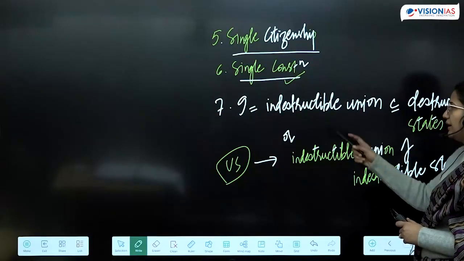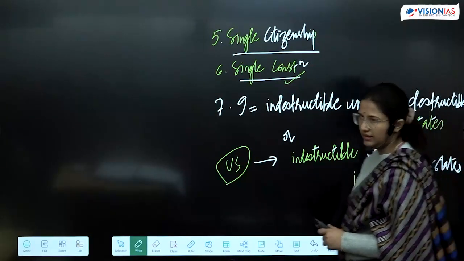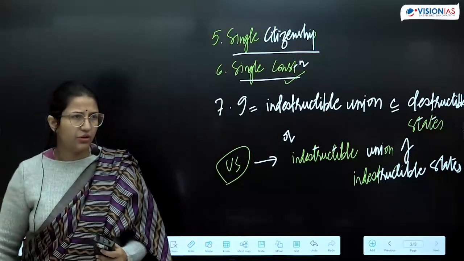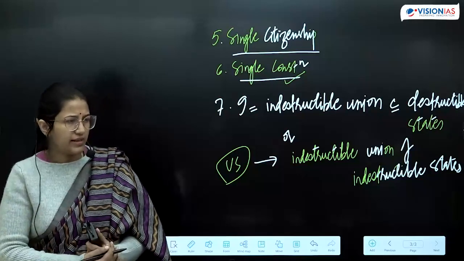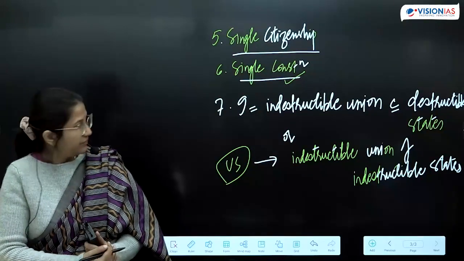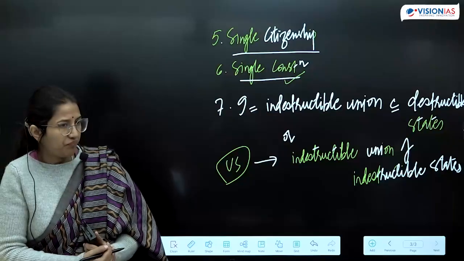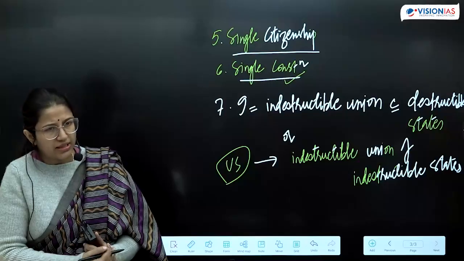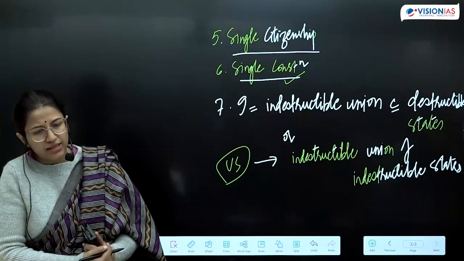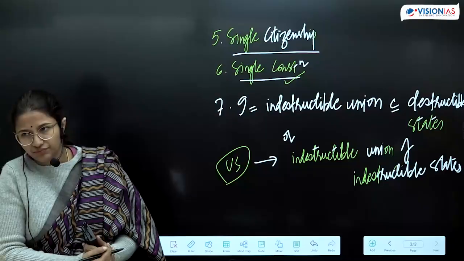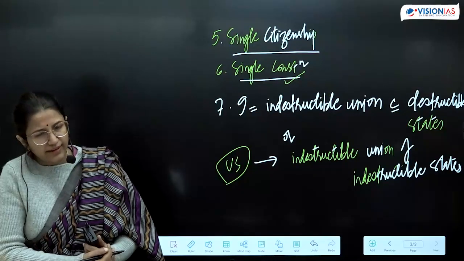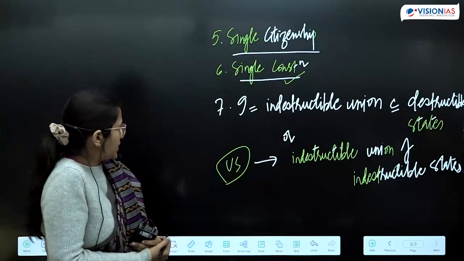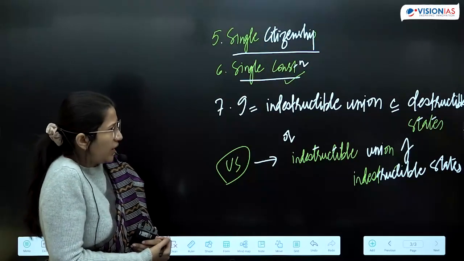Write down, India is an indestructible union of destructible states. Put it in single inverted commas: indestructible union of destructible states, while